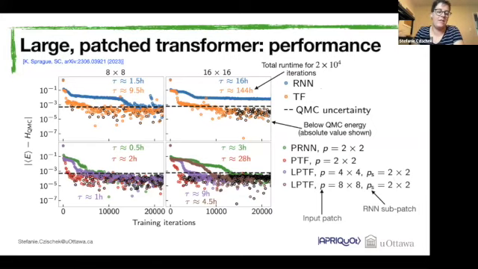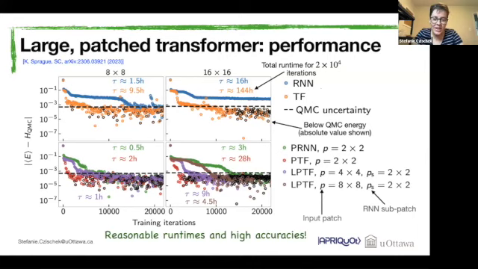And what we see is that the performance converges a bit slower, but that's okay, because if we look at the runtimes, they have decreased so much. We are now so efficient and so fast that we do not care if we have to run more training iterations, because we just have the time to do that, okay? And looking at the accuracies, they are pretty much the same as before. So what we have achieved now is that we have found reasonable runtimes and high accuracies for finding these ground states of our Rydberg atom arrays.